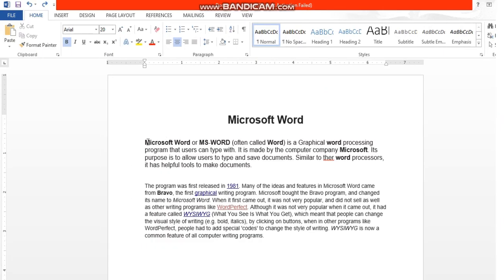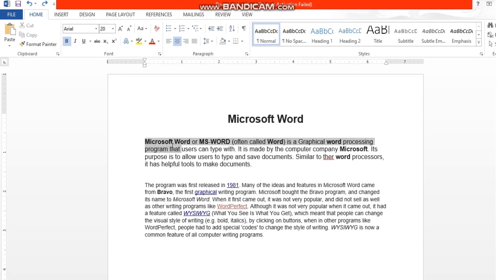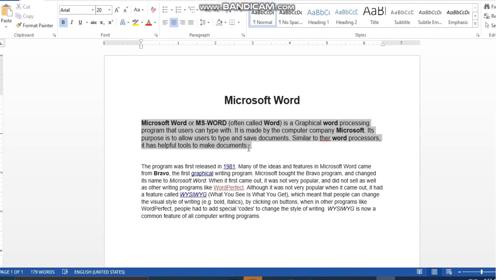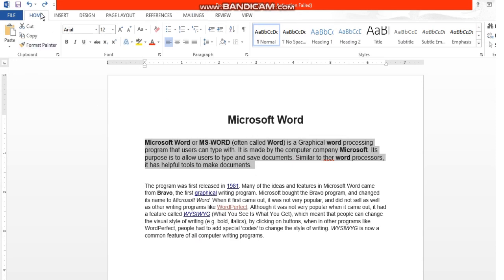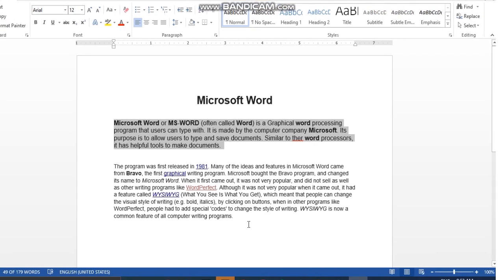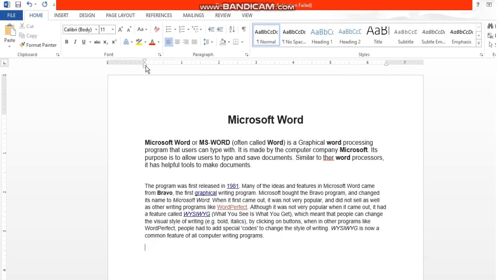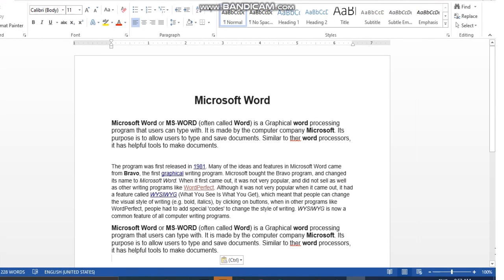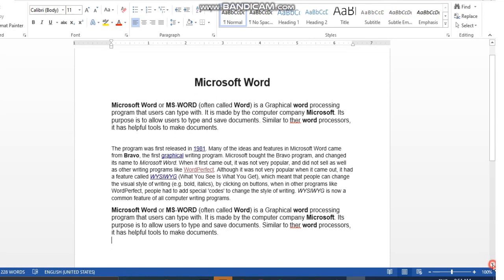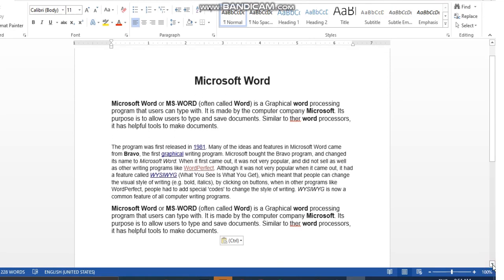Okay, let's try it practically. Now I will select the first paragraph and click on the, see, cut, copy and paste buttons are there. I am clicking on the copy button, and now I will move to another location, and I will click the paste button and see what will happen. The same text appeared at the new location also. This is when we are doing copy and paste.